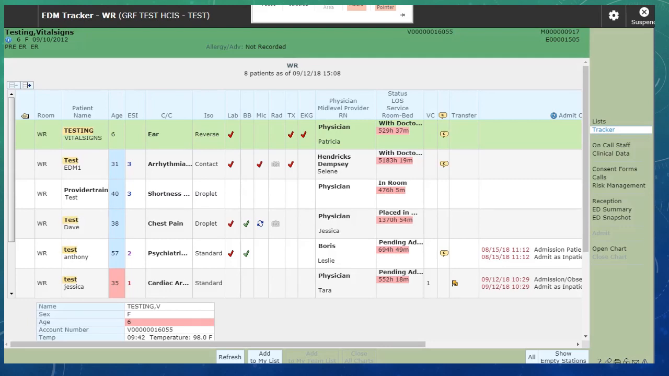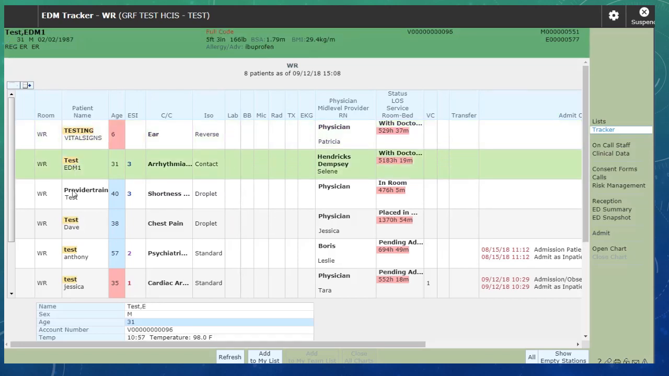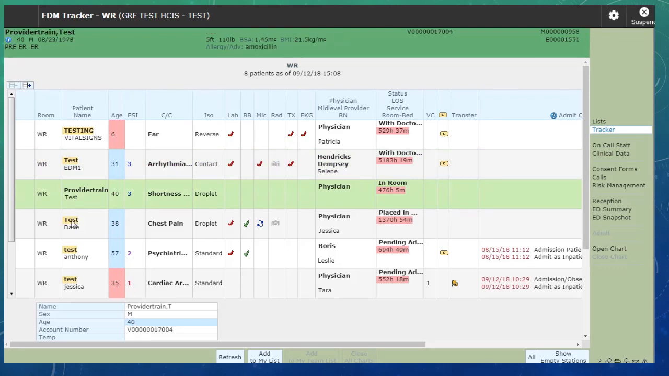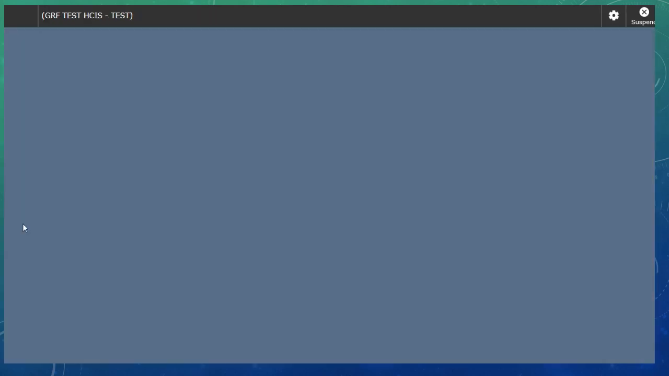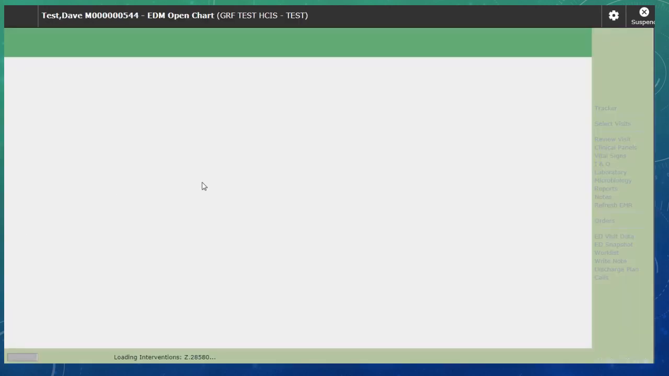So on your tracker, starting from left to right, we're going to go through each one of these columns. The first column is how to open a chart. You can highlight the patient whose chart you want to open by clicking right on the name. Then you click on the box right here, anywhere in this box, or you can click on open chart on the right hand side, whichever one you prefer. And then this will bring you into a work list